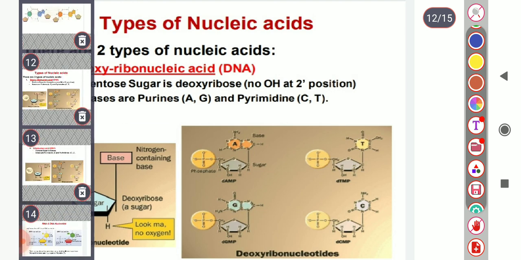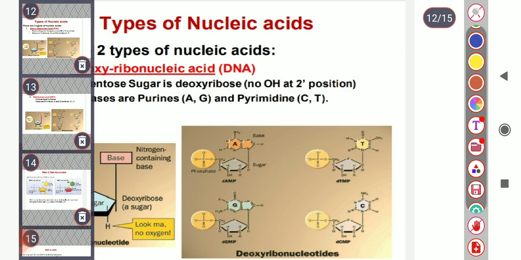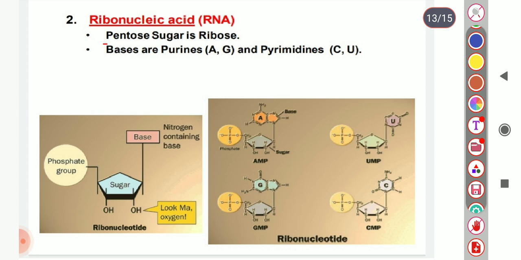And the second type of nucleic acid is RNA, ribonucleic acid. Ribonucleic acid also contains a pentose sugar, called ribose. And bases are purines, adenine and guanine, and pyrimidines, cytosine and uracil. You can see that oxygen is present, OH hydroxyl groups are present, and the nitrogenous bases are bound, and phosphate groups are formed at the fifth carbon of the